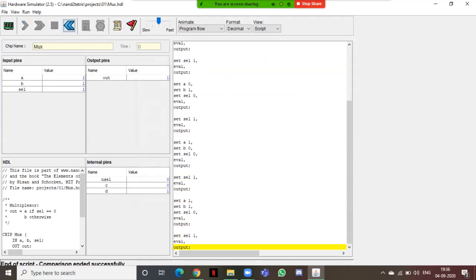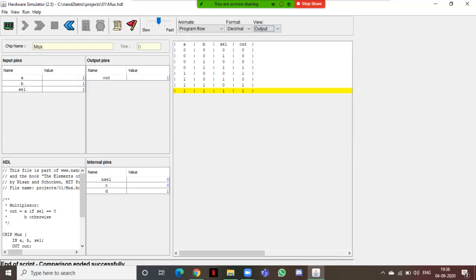Comparison ended successfully. So what's the output? Here, did you observe this is a selector? One of our values will be the selector.